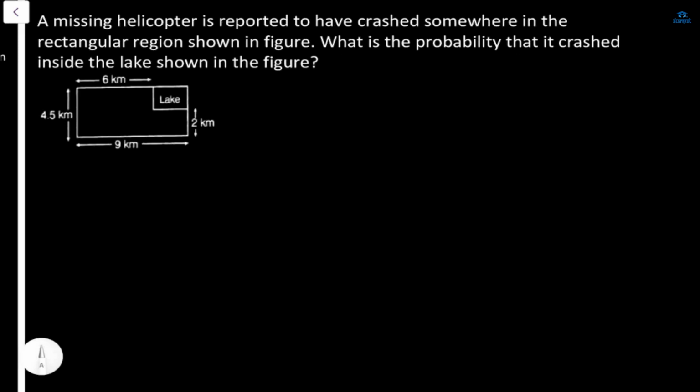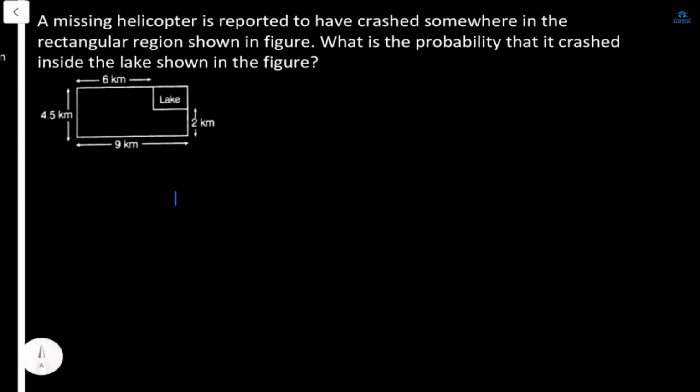So now here a missing helicopter is reported to have crashed somewhere in the rectangular region as shown in the figure. A helicopter was flying and due to some cause the helicopter crashed. Now what is the probability that it crashed inside the lake? It crashed in this rectangular area only, but we have to find out, in this rectangular area, what is the probability that the helicopter has crashed